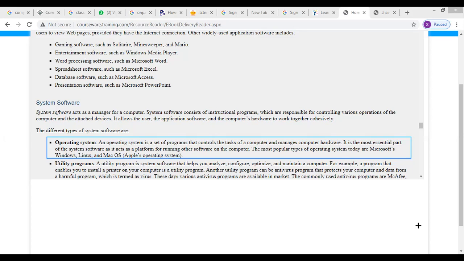The kernel stays loaded into the main memory all the time.